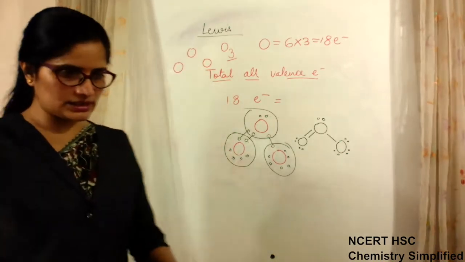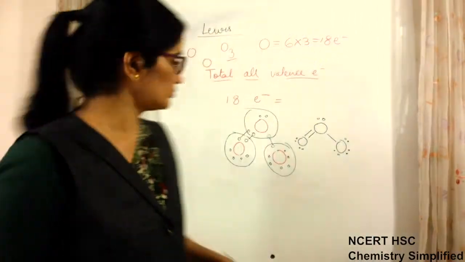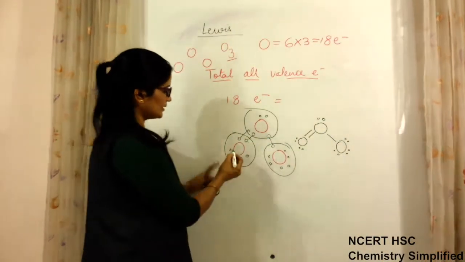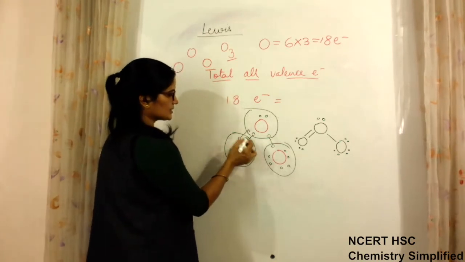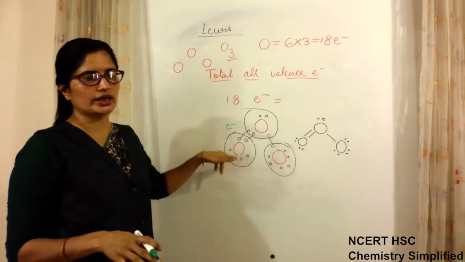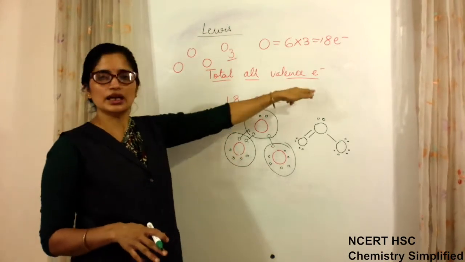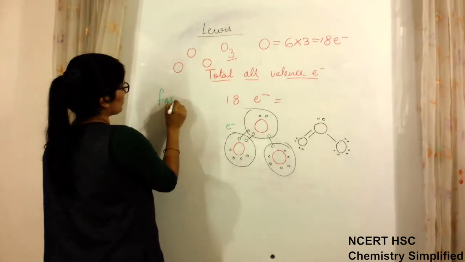When we did this first example, one more thing I had to tell you, as I told you, this oxygen atom is having 1, 2, 3, 4, 5, 6 electrons, which is actually its exact number according to its valence electrons. So there is a term known as formal charge.